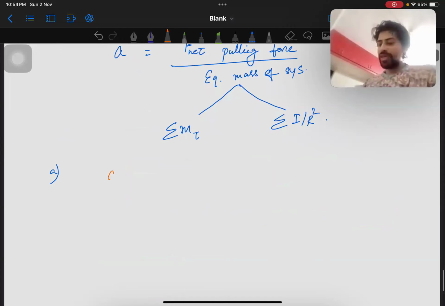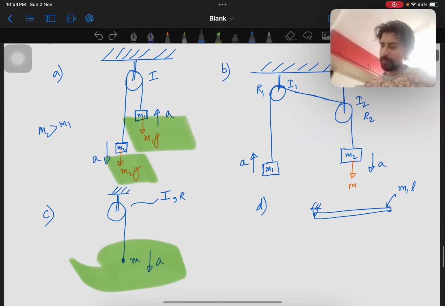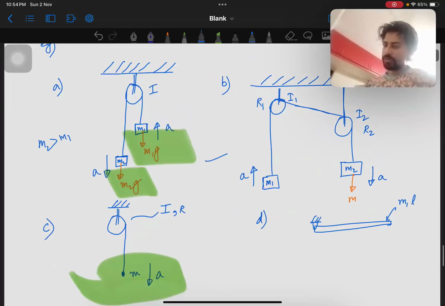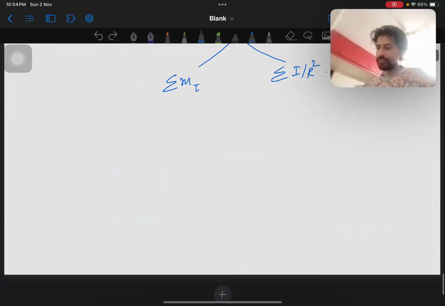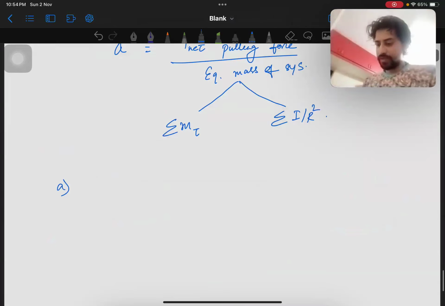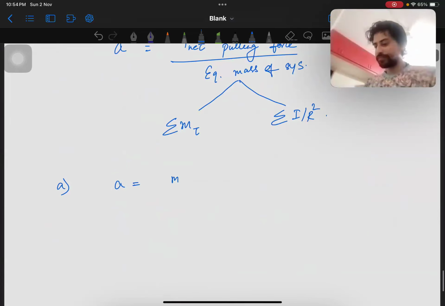So therefore, for the A case, the common acceleration you can now write as M2g minus M1g